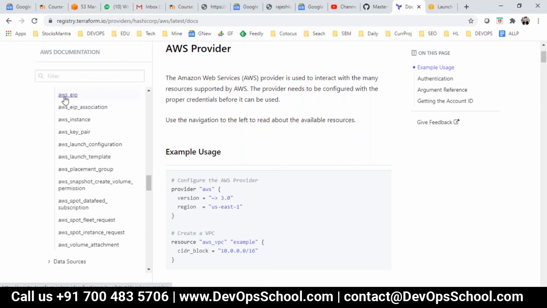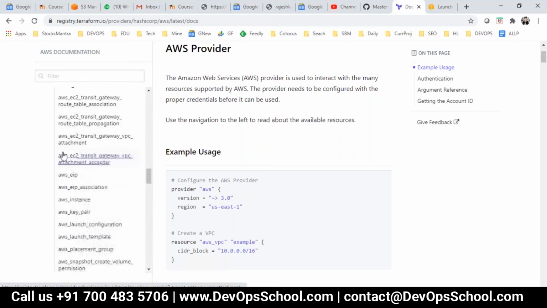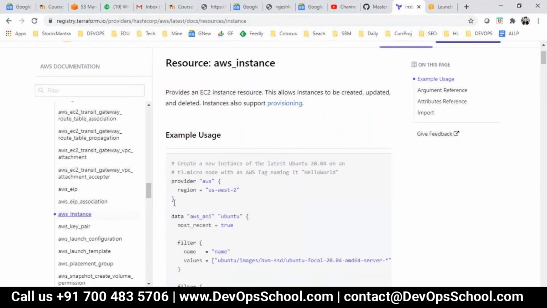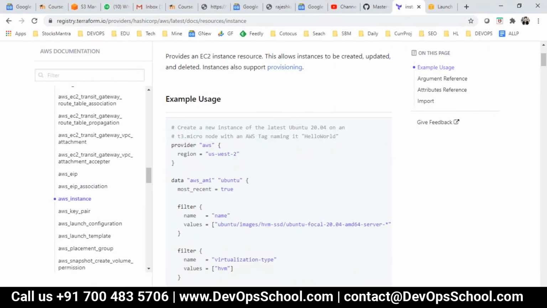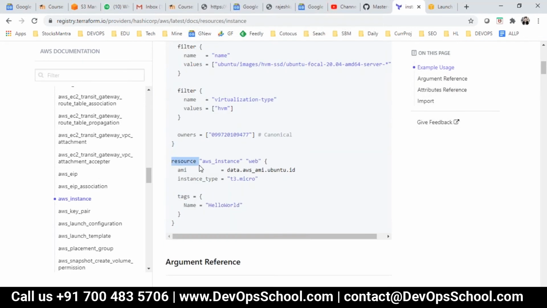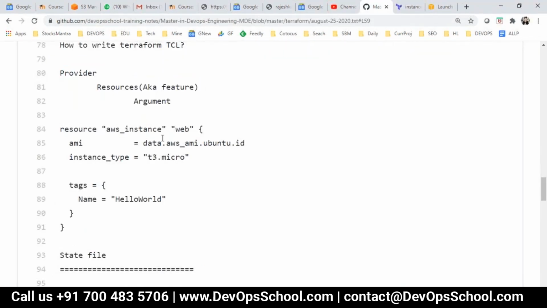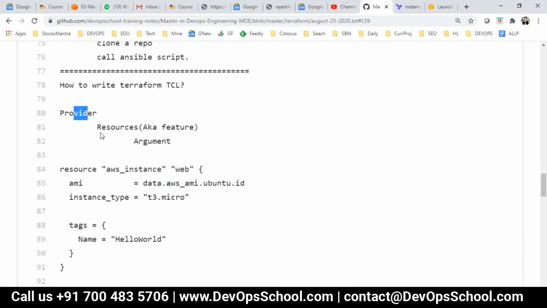You want to create an EIP, elastic IP address, key pair. For everything there's a resource. So a provider has resources. So let's click on the AWS instance, and now you see you got this resource. Now the skeleton of the program will be very simple. You will have a provider, then the resources you're creating, but with arguments, right? Because some of the required arguments you have to pass. So these are the arguments.